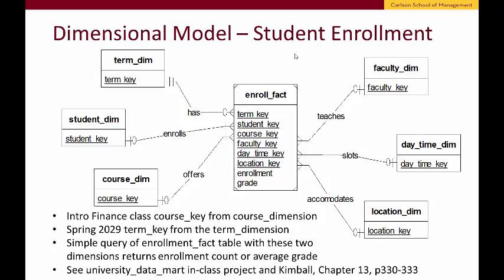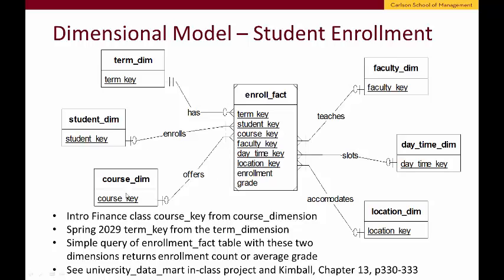Just a cursory visual examination of this model shows that enrollments, right here, and grades are the fact measurements we can summarize across multiple dimensions, from terms, semesters, students, courses, faculty, dates and times, and locations. Okay, so finding the enrollment for all sections of the Introduction to Finance course over multiple terms needs the